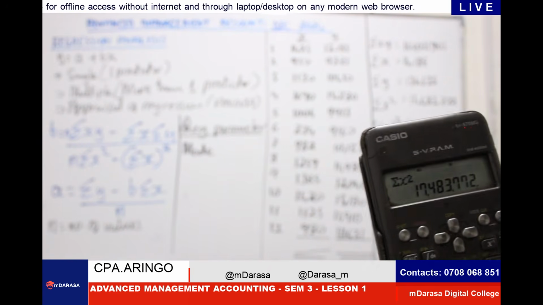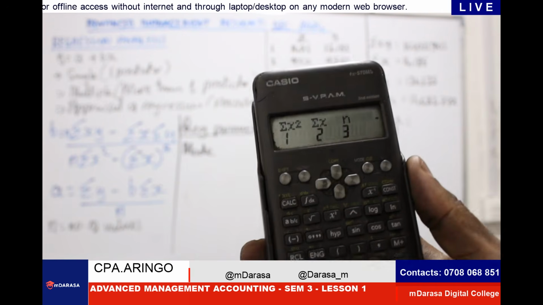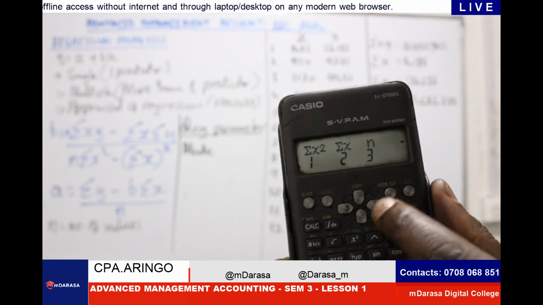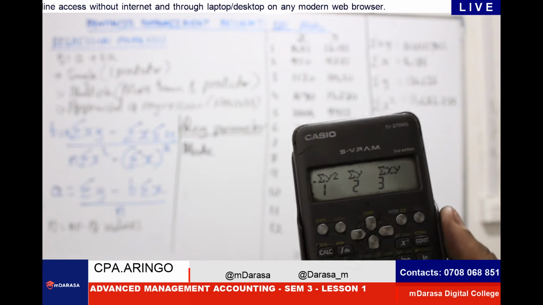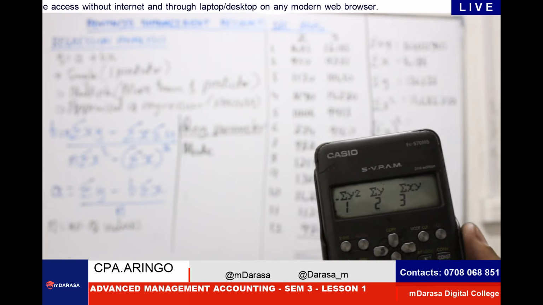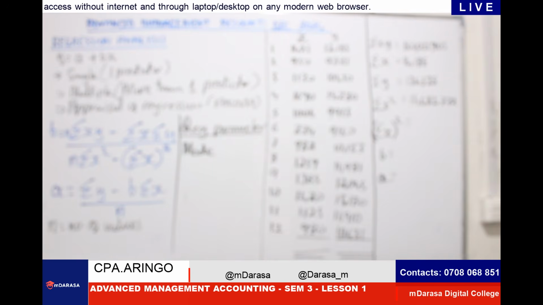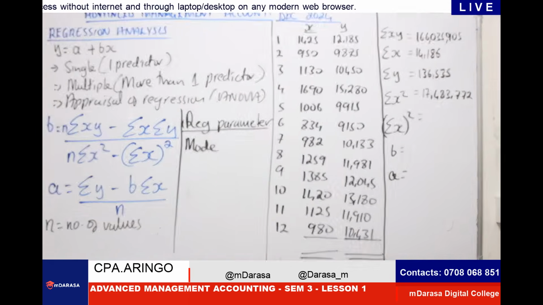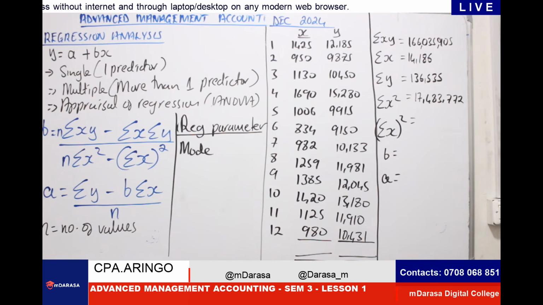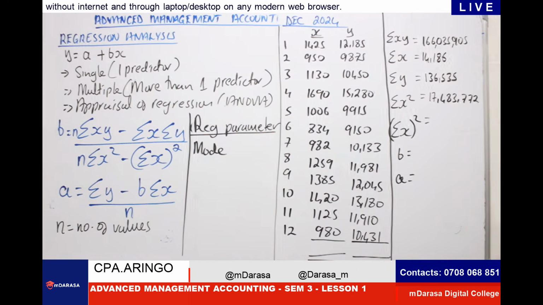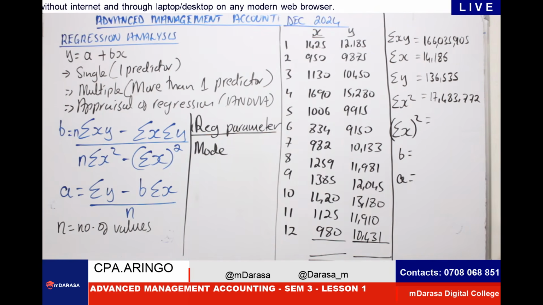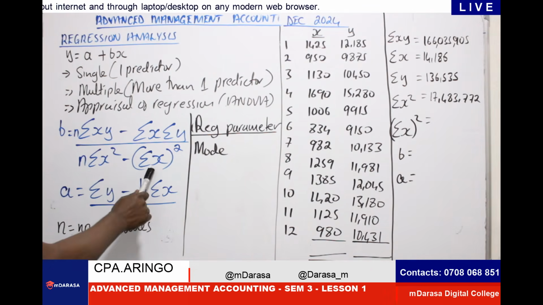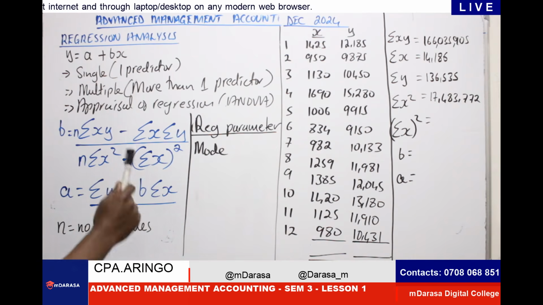If I told you one summation of x squared, you realize that even if you click shift 1, in this case, you'll get summation of x, then you square. You see, we don't have it in our syntax here. All we have is only summation of x squared. So based on our formula, and this is where I need to majorly insist on, you see, in our formula, the values that Mwalimu was talking about, determination of b, we said this is summation of x, then we square.